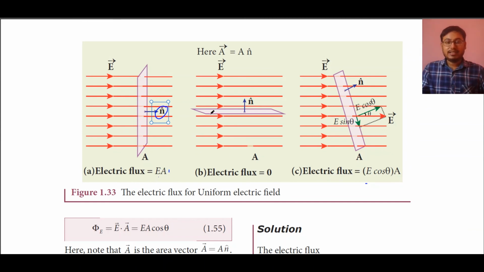Again, if you see region A here, the normal is lying perpendicular to the region A. Now you can see the angle between this n cap line and the electric field lines is 90 degree. And we know very well that cos 90 degree is equal to 0. So electric flux is equal to E dot A, that is EA cos 90 degree is equal to 0. And in this situation we have to find the angle theta made by this n cap with the electric field lines, and then electric flux is equal to E dot A, that is EA cos theta or E cos theta into A.